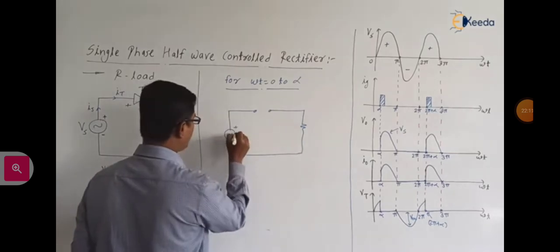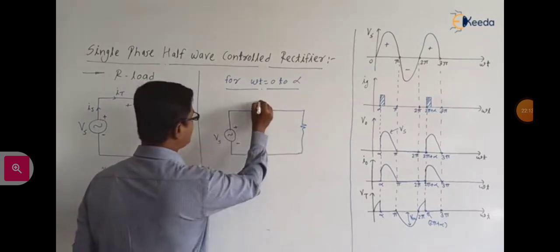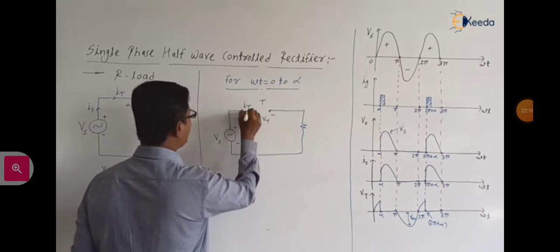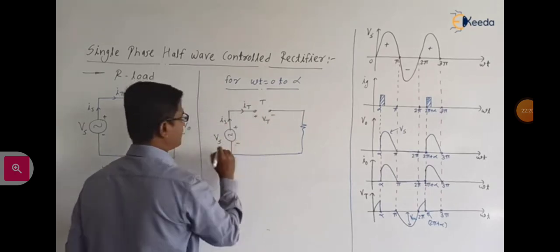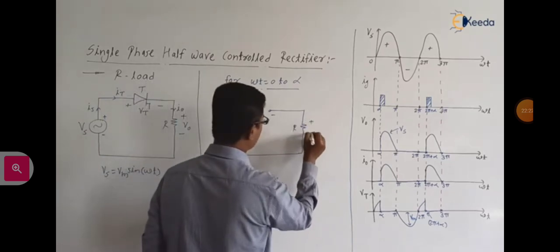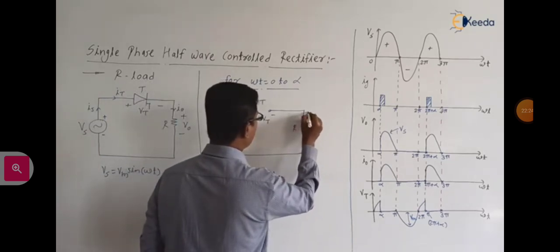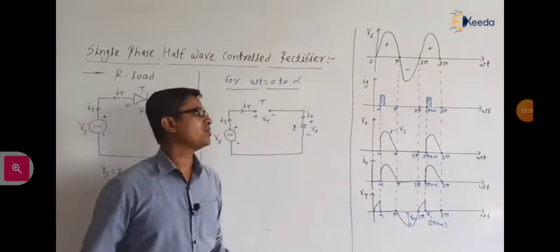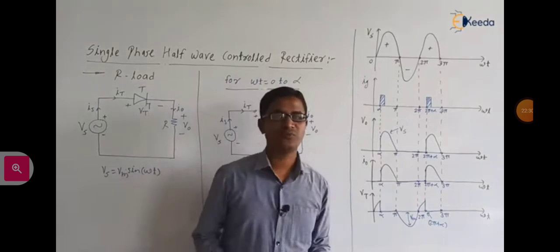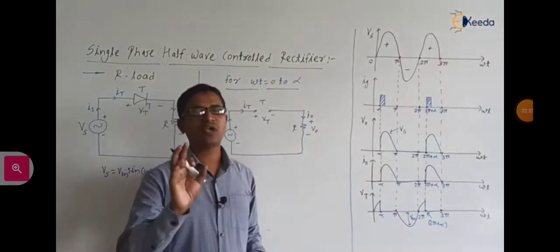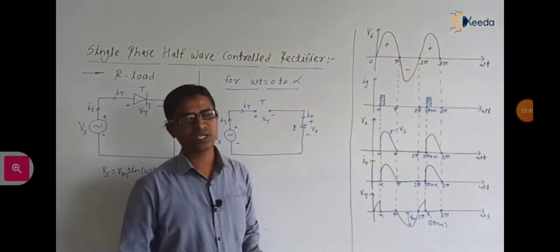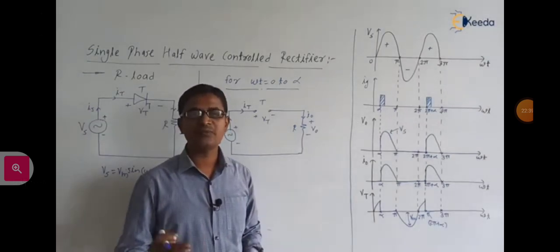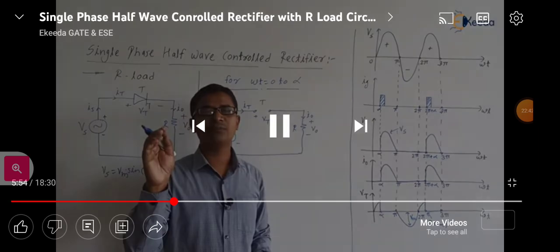Here this is Vs volt, this is the thyristor, this is Vt, this is It, and this is Is, the supply current. It is a purely resistive load, this voltage is V0, this current is I0. Now from omega t equal to 0 to alpha, Vs is positive, but we have not applied the gate signal to the thyristor. So what is the mode of operation of the thyristor? The thyristor will be in the forward blocking mode.